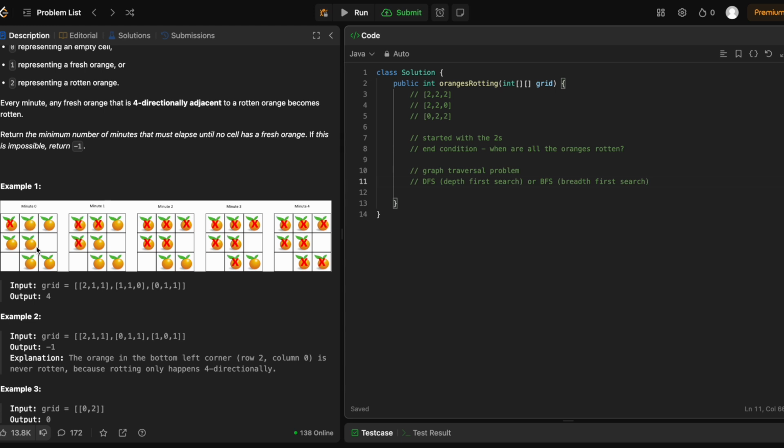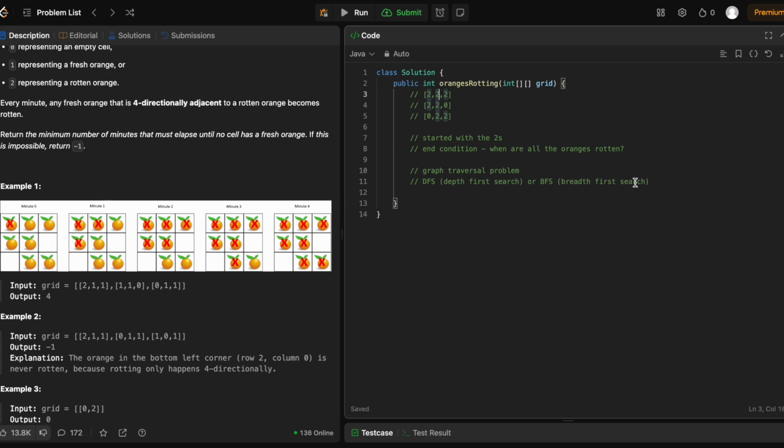But if you think about the problem, what we're trying to do is search the neighbors of this one specifically. So this one in the top left corner, hopefully you can see my mouse and this makes sense. So yeah, we want to search this one's neighbors first and completely exhaust its neighbors, go here and here before we move on. So we don't want to do a depth first search. We want to search all the neighbors of a given node, then increment the minute count, and then go from there. So in this case, we do want to do a breadth first search,